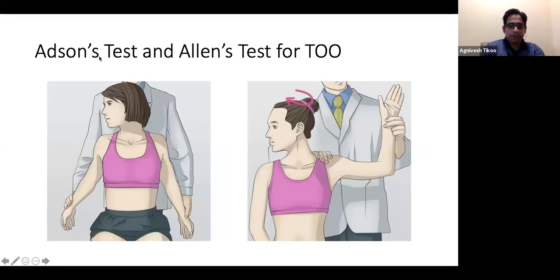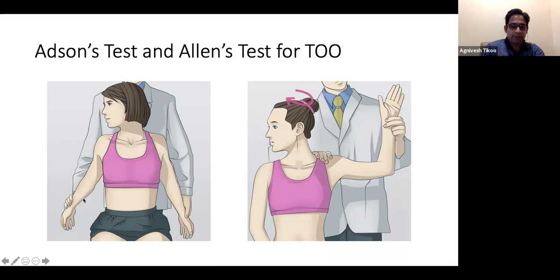There are two more tests which are done. These are done for a cervical rib or an abnormal anterior scalenus muscle. So they can give rise to a radiculopathy. So this test is the Adson's test, wherein you make the patient sit on a chair, abduct the shoulder to 30 degrees, and then slightly extend and pull back the arm, keeping your finger on the radial pulse.